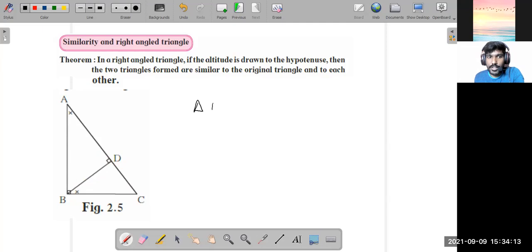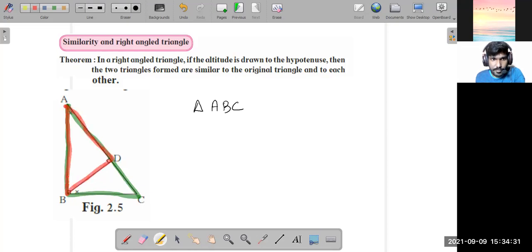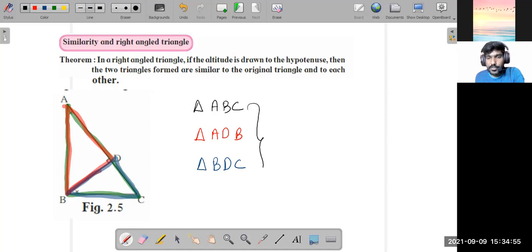First is triangle ABC, that is the main triangle, the bigger one. And because of the altitude, one triangle is formed here, that is triangle ADB. And another triangle below it, that is BDC. Triangle BDC. Now, what this theorem says is that all these 3 triangles will be similar to each